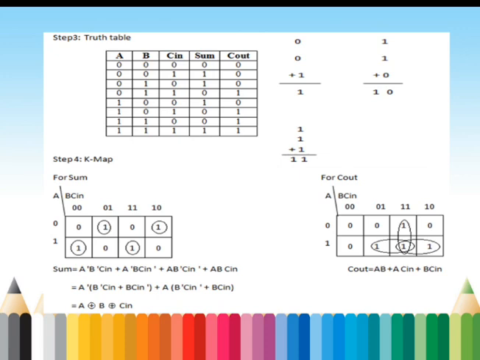Similarly for Cout, that is our output carry, it is enabled only when inputs are 3, 5, 6, 7. So while transferring this carry output value into a K-map, by grouping 6 and 7, we have a term AB. By grouping 5 and 7 we have a term A Cn, while grouping 3 and 7 we have a term B Cn. So with this Boolean expression we may draw the logic diagram.